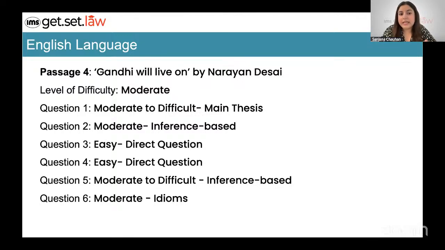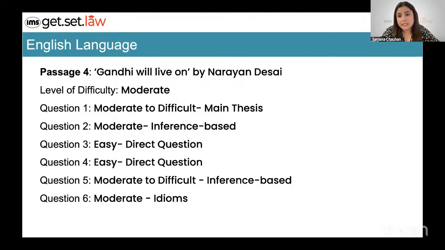right? And then there was an inference based question, which again was of a moderate level. Two easy questions. They were direct questions, hence easy. And I think one of the questions was with respect to the first paragraph only, right? And then there was another inference based question, moderate to difficult. And the last question on this passage, I will label it as a moderate question because again,